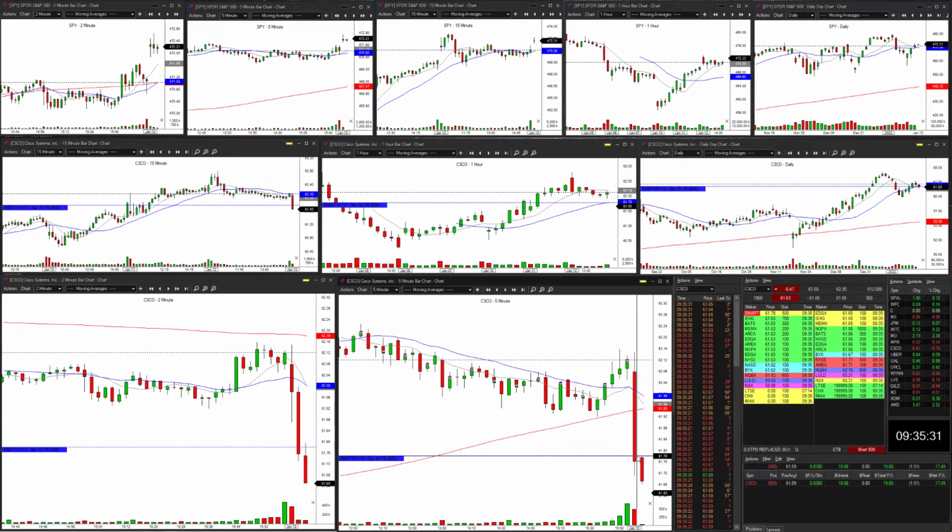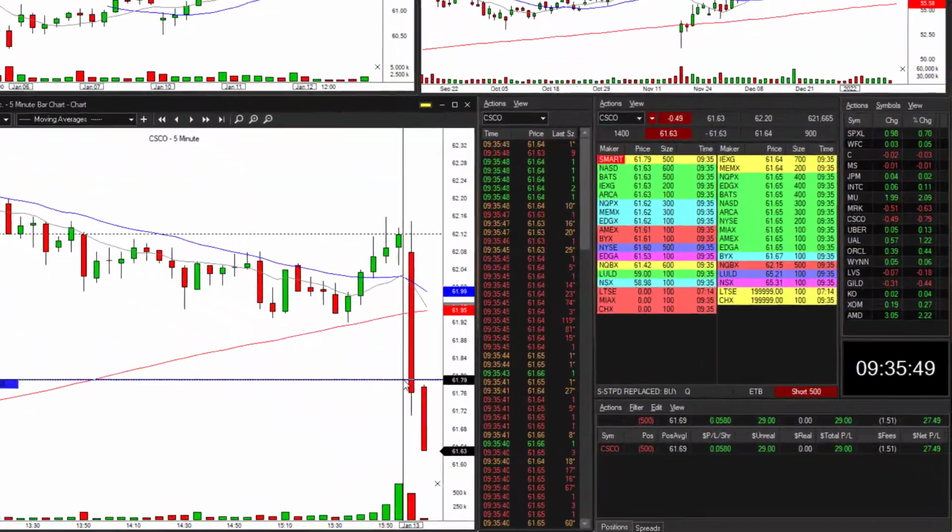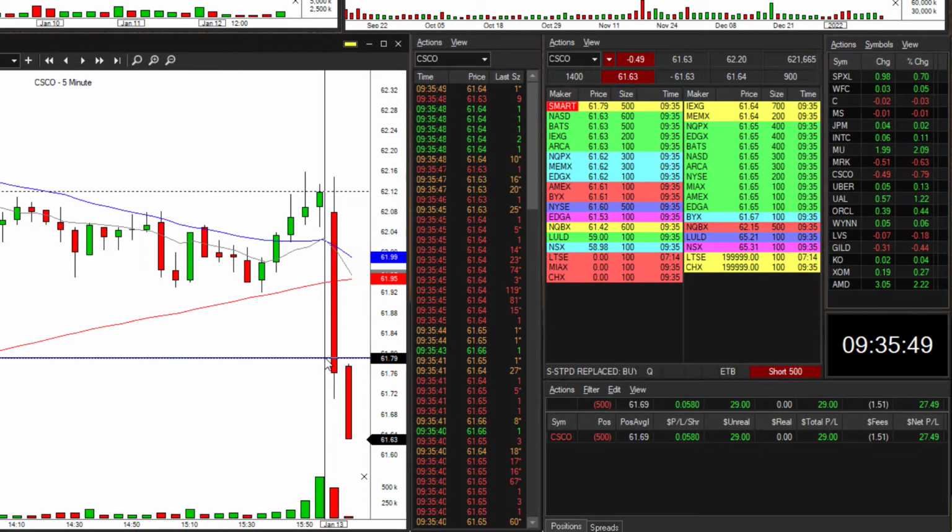Here we go. So as the second 5-minute bar took out the low of our igniting bar's wick, I was triggered into the trade and instantly placed my protective stop right above my entry bar. Now let's take a step further and take a look at my personal risk management for this trade. If you take a look inside the red square, you will notice I shorted 500 shares at an average price of